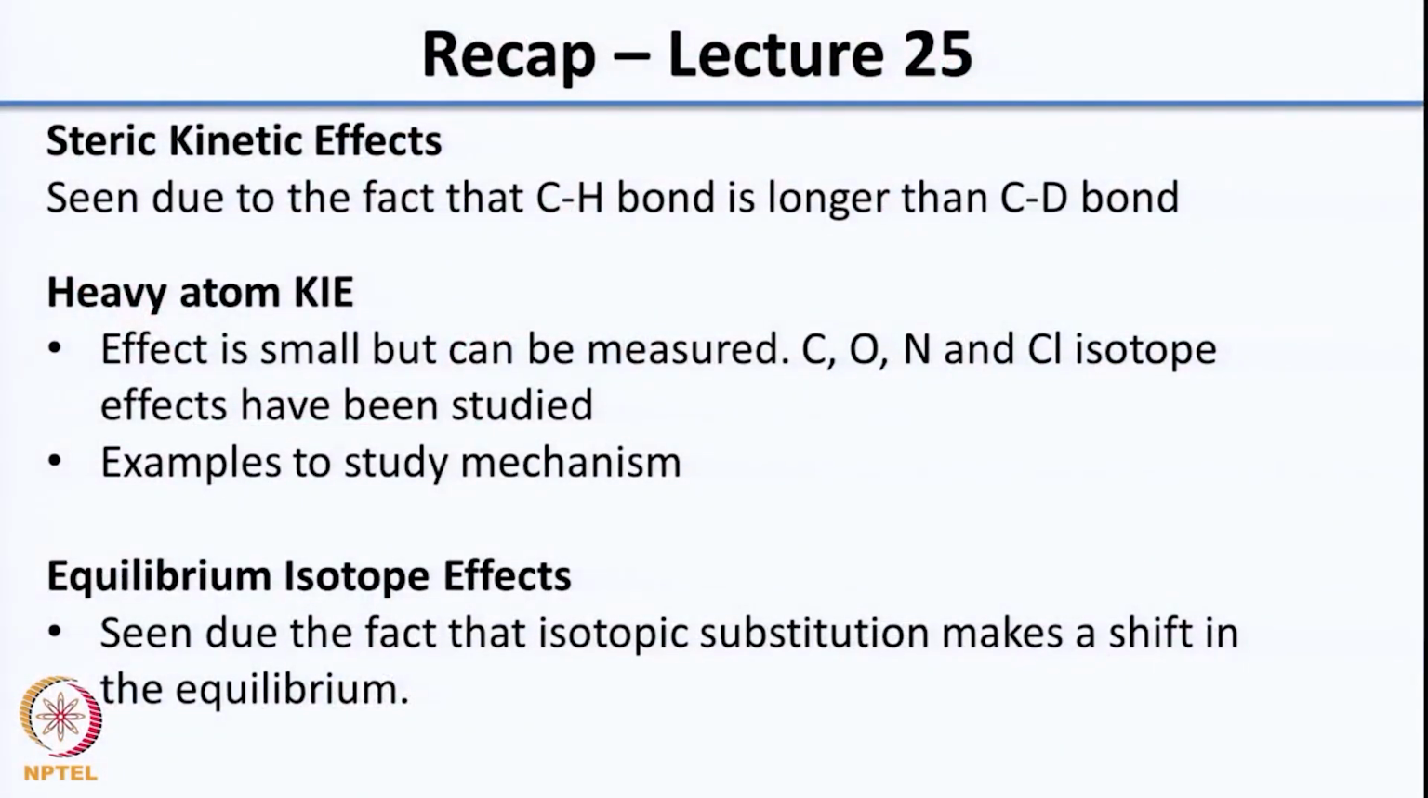Now, towards the end we had started looking at equilibrium isotope effects. So, equilibrium isotope effects can be very small. Essentially what it is that when you do an isotopic substitution, it shifts the equilibrium. So, we are looking at large K instead of small k, which is the rate constant, and we had started looking at the ring flip of cyclohexane. So, we will continue with that, and in the last class what we had seen is that cyclohexane ring can